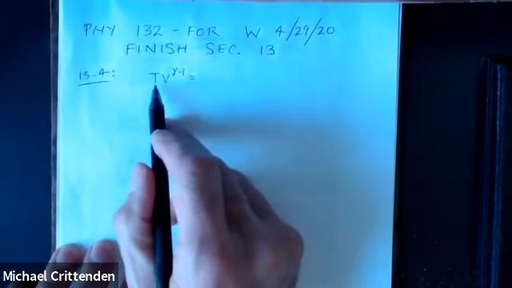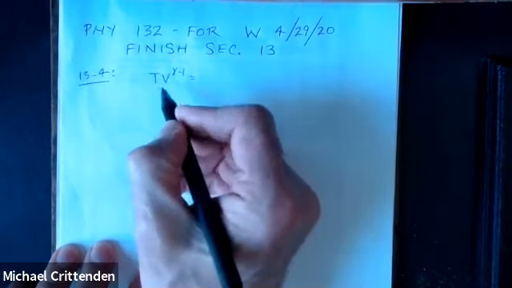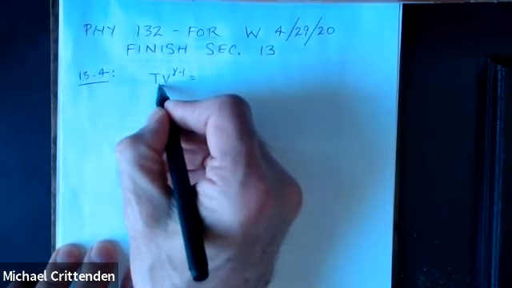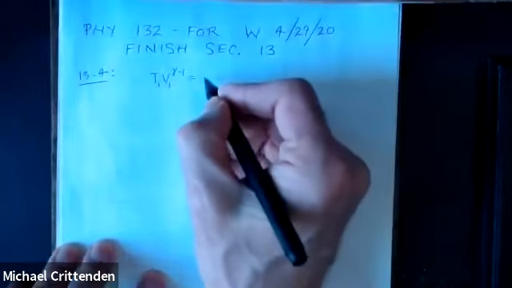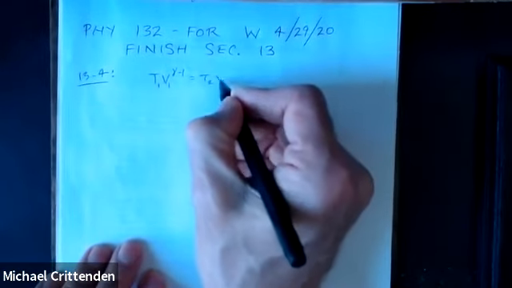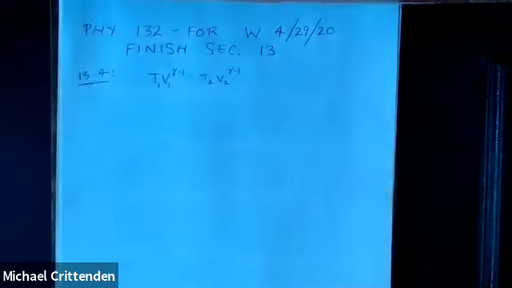It says T times V to the gamma minus 1 is a constant, which means if you calculate that quantity for some initial set of conditions, it'll be equal to what you get if you calculate it for some final set of conditions. Okay, it remains constant. So we've got,